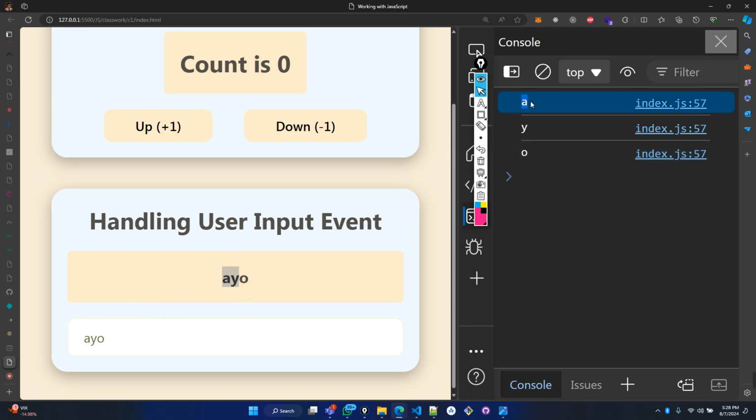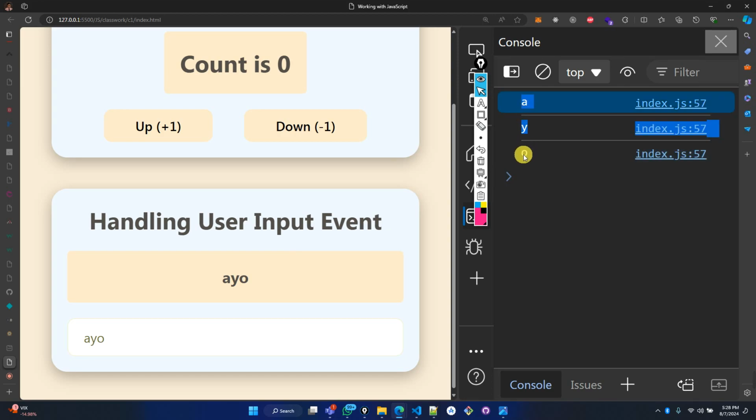Look at it. The first thing it gave us is A. Since we don't have anything here before, it will be only A. The next time we type, it is Y. So we already have A before. So what it's going to do is join this A plus Y. Then you see it on the screen. The next time that we type, it is O. So this thing is there before, AY. So what do